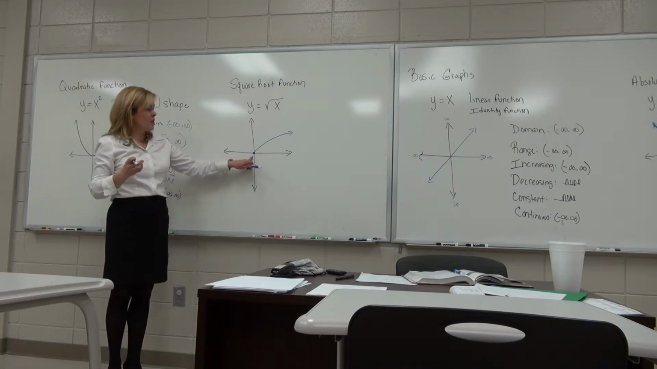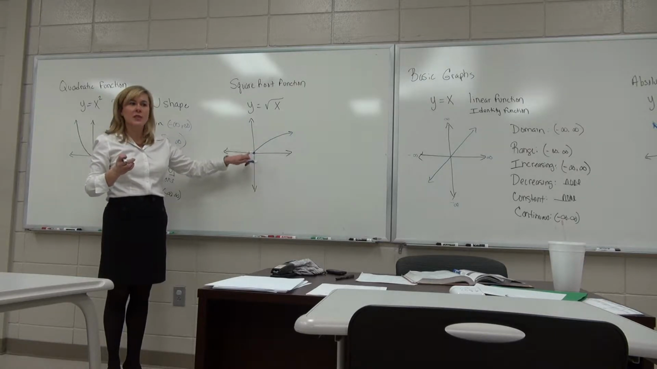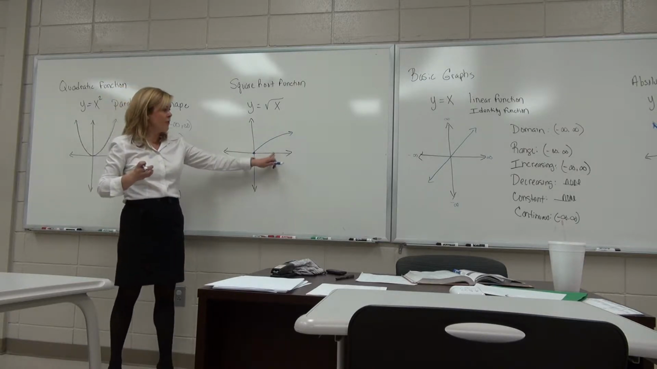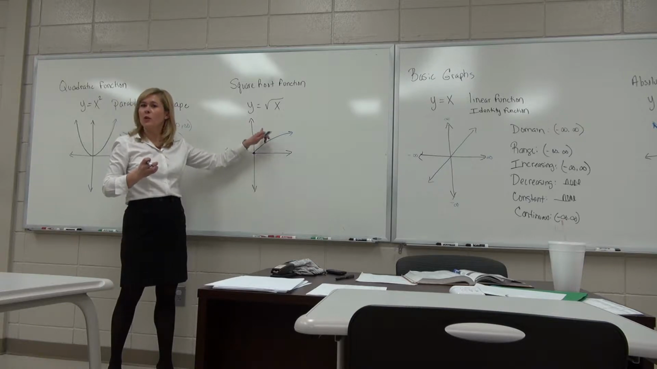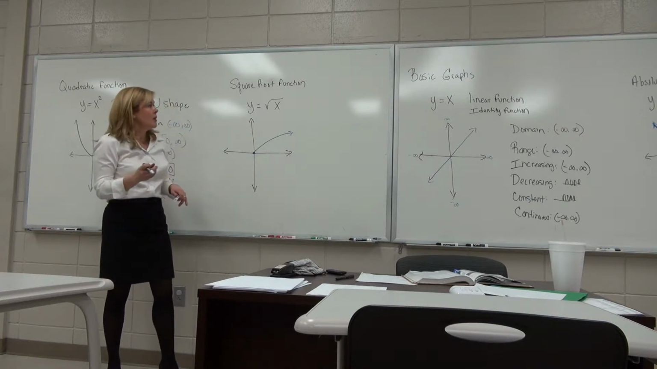Because the square root of 0 is 0, the square root of 1 is 1, I have the point 0, 0 and the point 1, 1. Over here at 4, the square root of 4 is 2, so I have the point 4, 2, and so forth, right? Now let's talk about